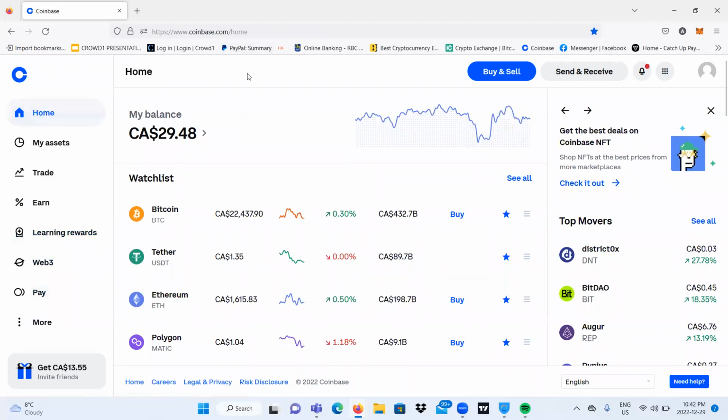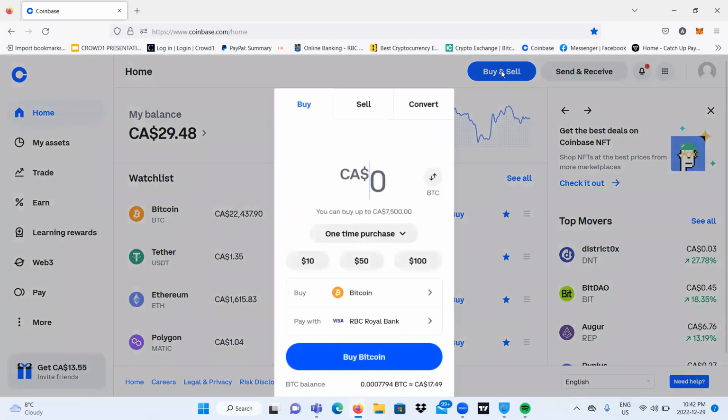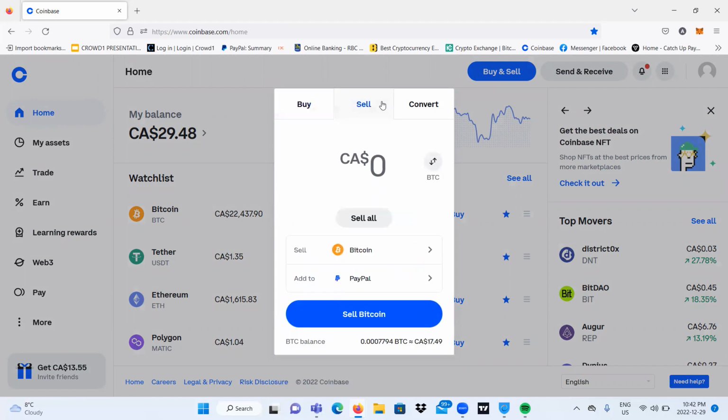Now, in Coinbase, you can buy crypto, sell crypto, send crypto, and receive crypto. So to buy and sell, you go to buy and sell. And what you just do is click buy and sell. If you want to buy, you click on buy. If you want to sell, you click on sell. Now for buying,